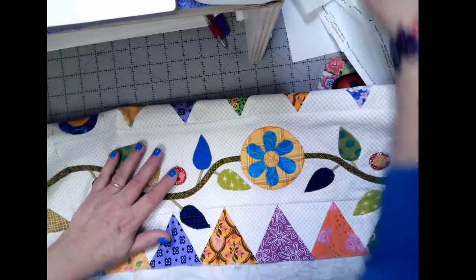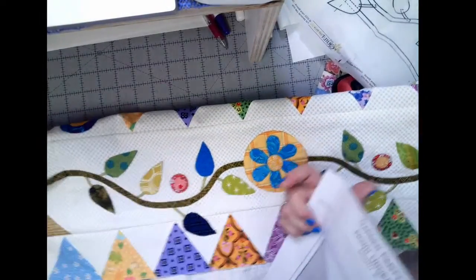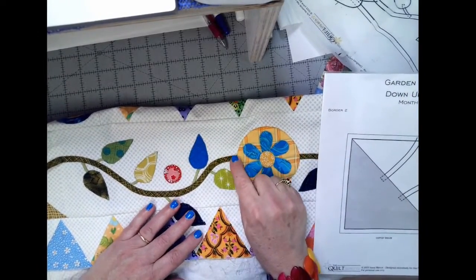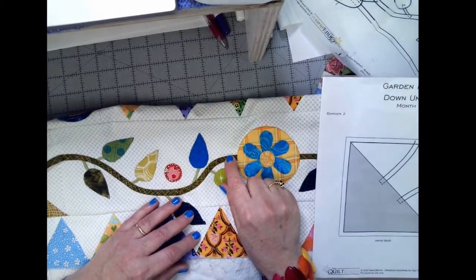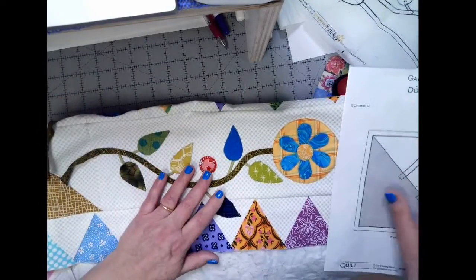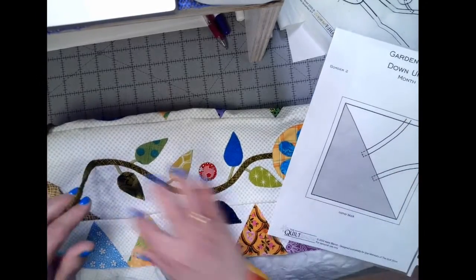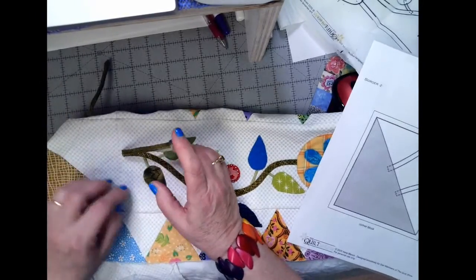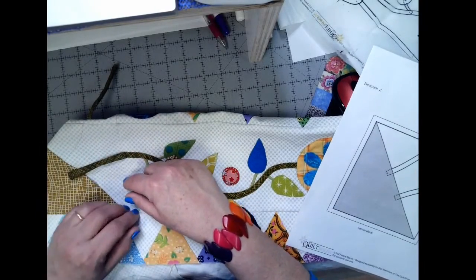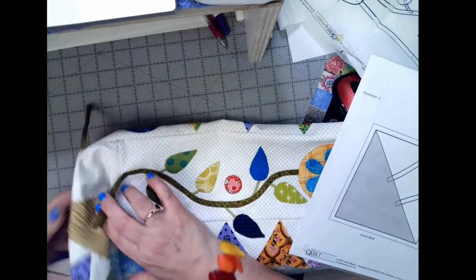The other thing to be aware of, as I just mentioned, we were just talking about these corners here. The instructions tell you that you'll need 8 pieces of 1/4 inch vine prepared in whatever method you want to use. And you put them from the center to the outside edge and leave 4 inches loose. And that's a problem because everything in you is going to want to chop that off even with the end of the fabric. Don't do that on the background. These need to be left. All 4 of these